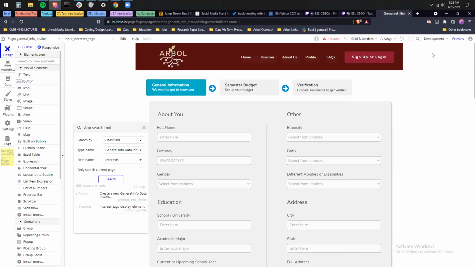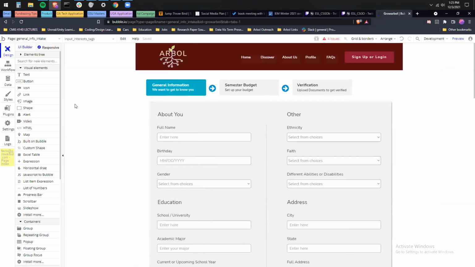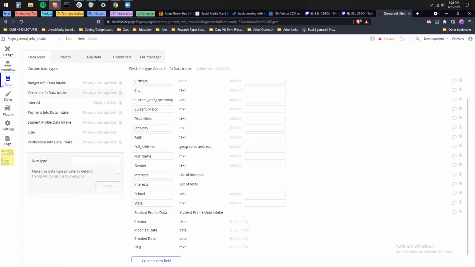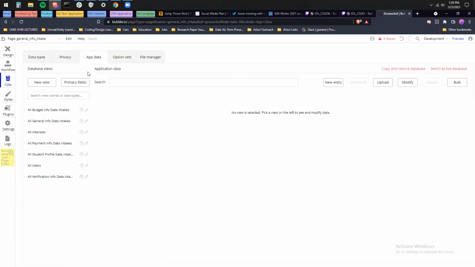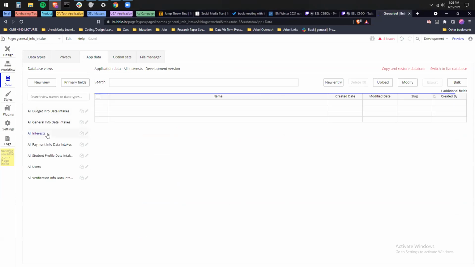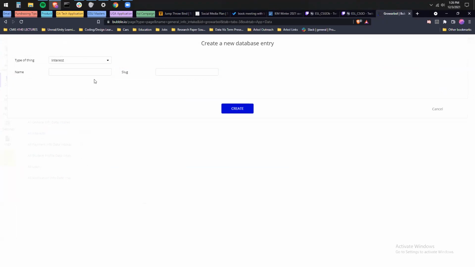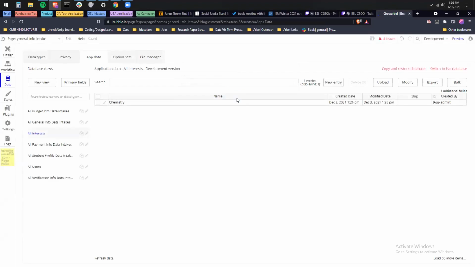You just have to now add some interests to the database. So if you go to data, to app data, and then new entry. And then we'll just do a few of them. So chemistry was one of them. Go ahead and check that box to hide this mess.